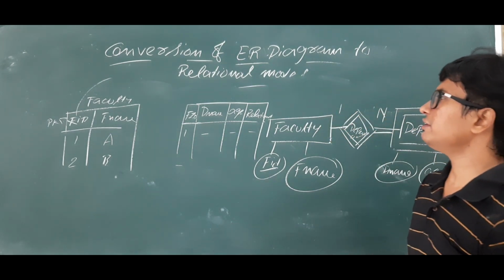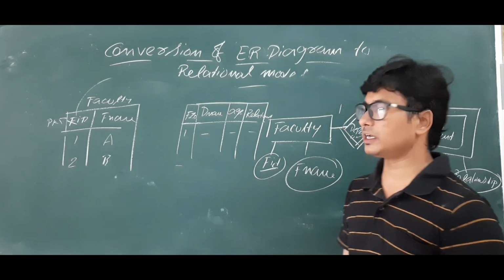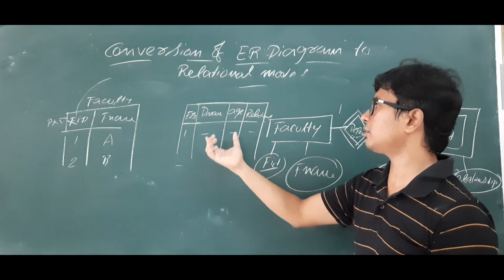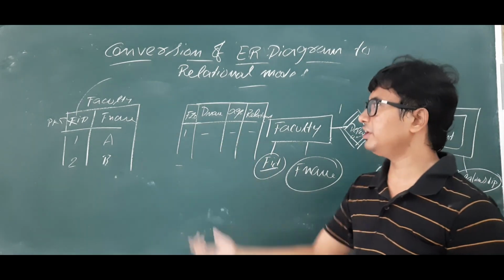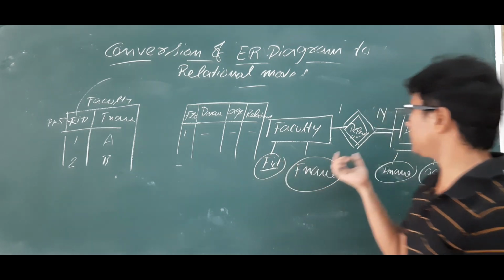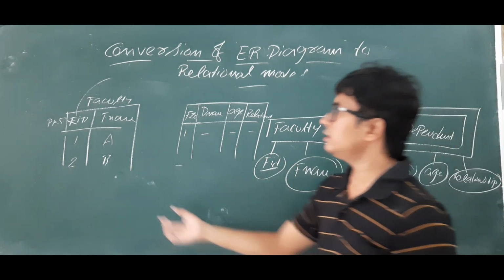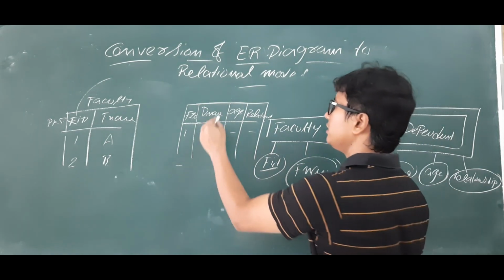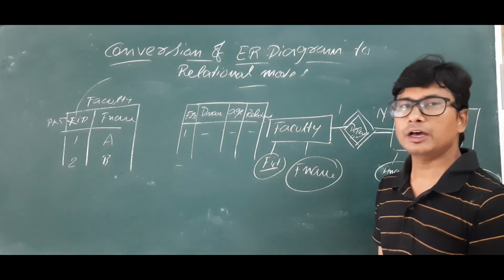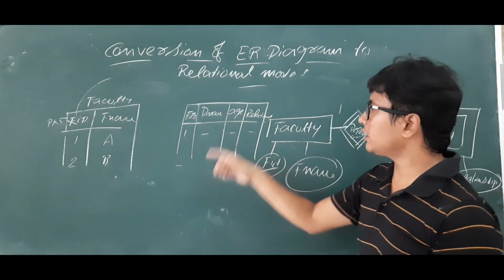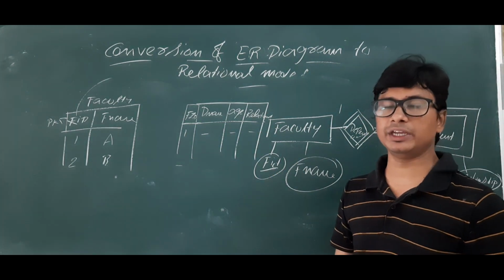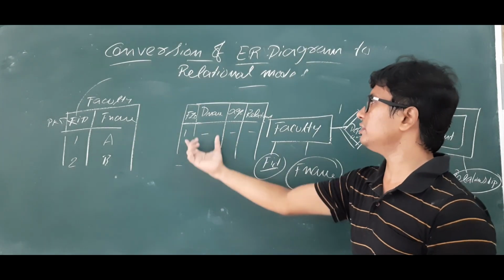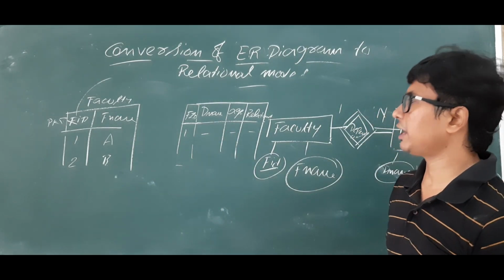Now which one will act as a primary key here? Because it does not have a key attribute, we call it a weak entity, and that's why we have an identifying relationship. The primary key of the faculty table is acting as a foreign key here. Now which attribute in this table will act as the primary key? Remember one point: every table should have a primary key. It can be one attribute or a combination of attributes.